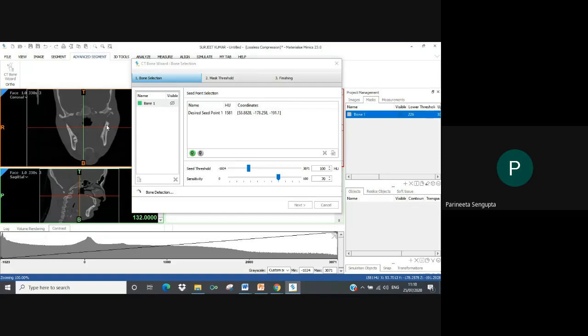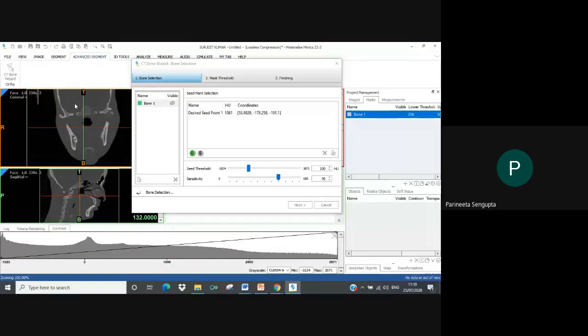So it is detecting that point now. What it is actually doing is, by using this desired point of 1581 Hounsfield units, it is detecting the remaining bones in the scan.